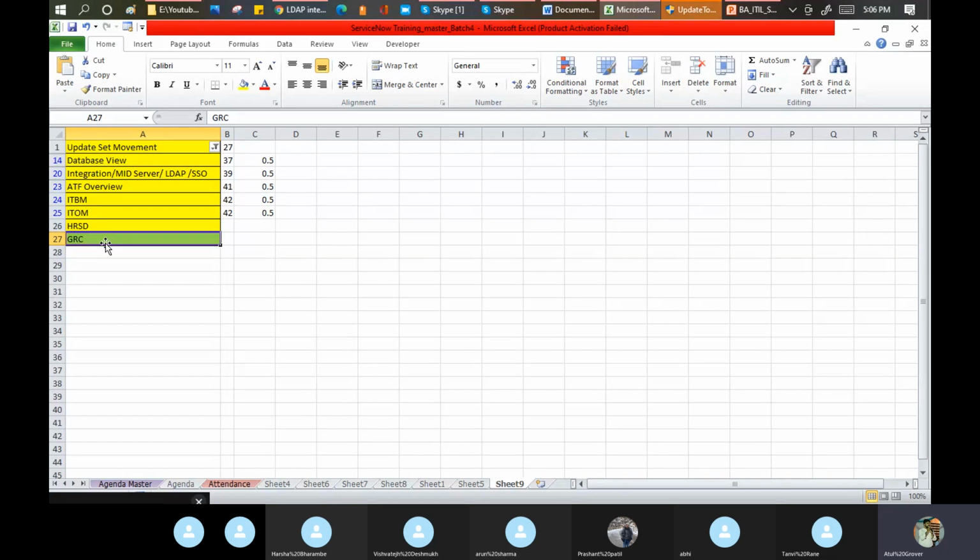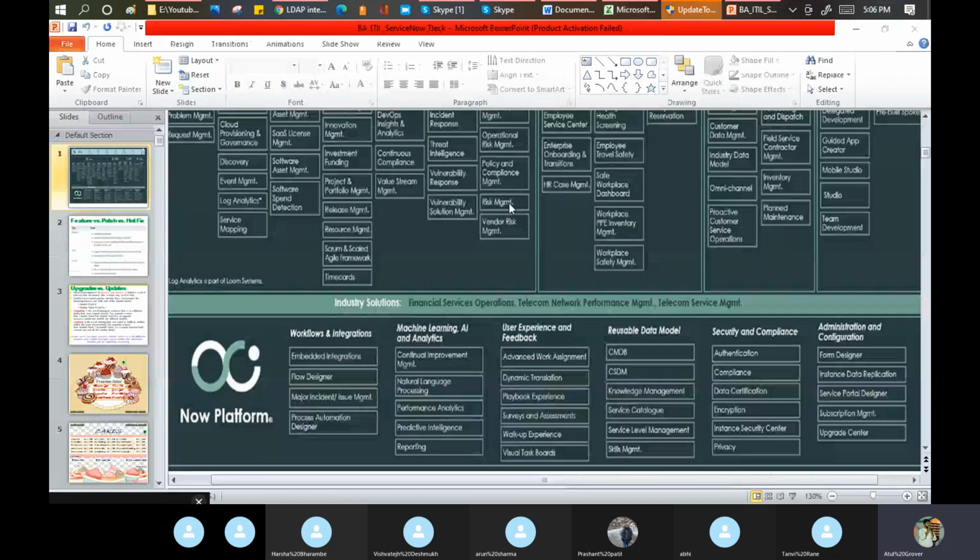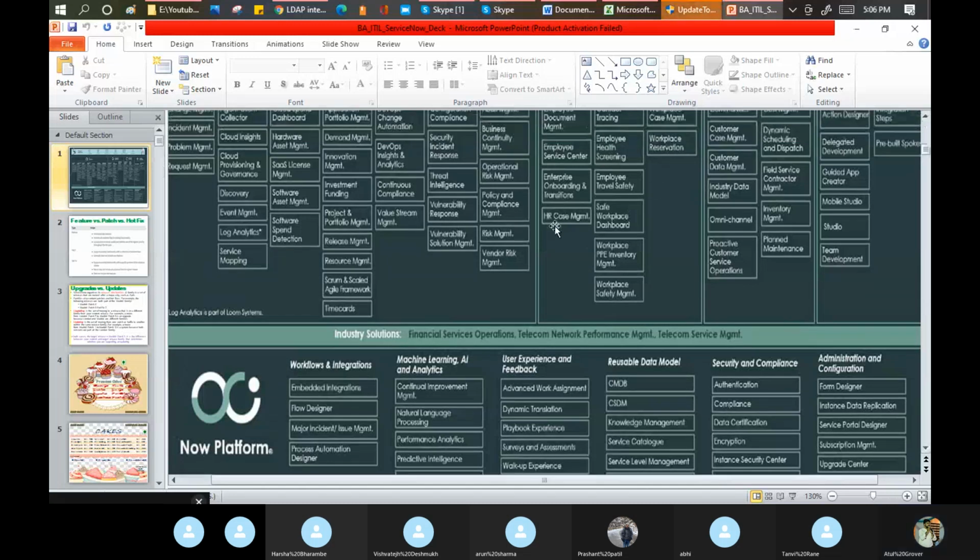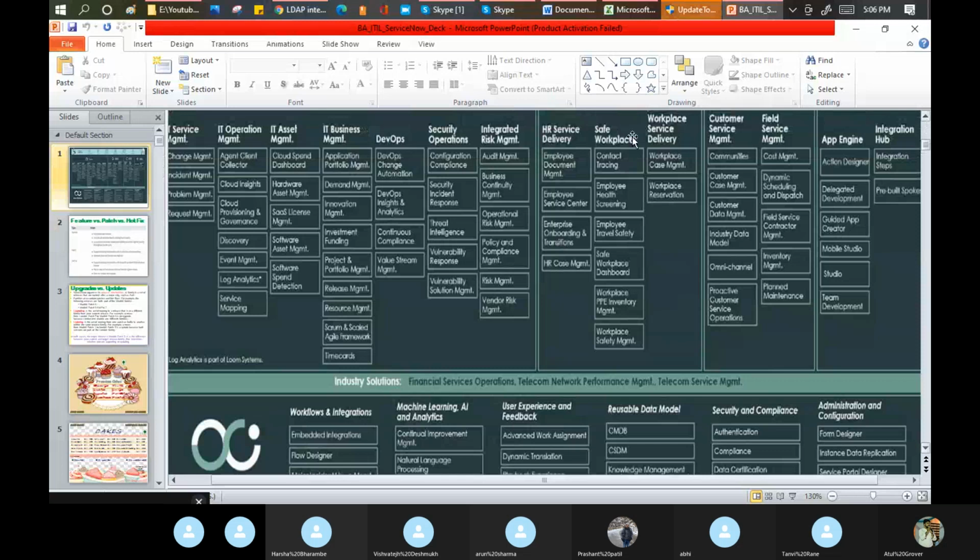But in short, GRC is mainly governance, risk and compliance, and it takes risk assessment, the compliance part, and it is required for the vendor as well. And the audit part. Suppose I outsource this training to my friend and he did something wrong, indirectly I'm spoiling my brand as well, my name as well.